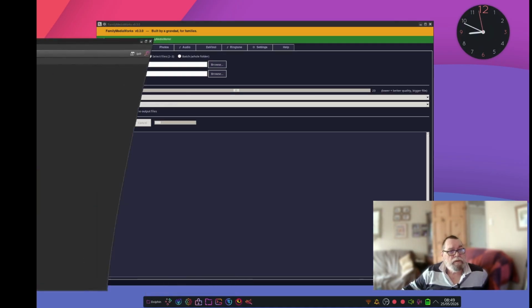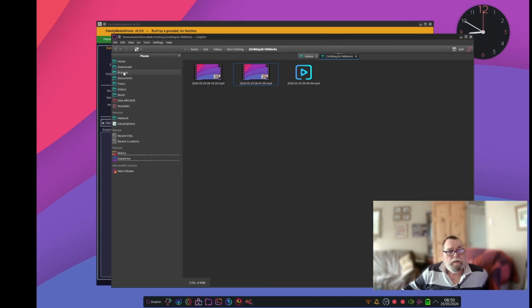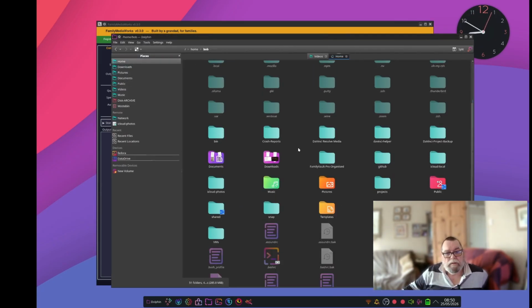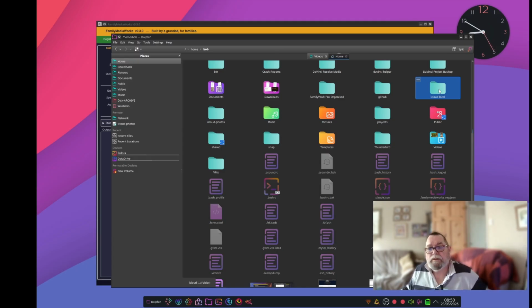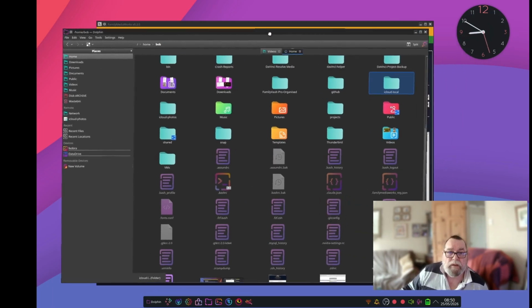I'll show you my... where did I put that? That will be in home with iCloud Local. So we've all got these things. We all send our photographs up to iCloud or store them on iCloud. And when you work with videos and photographs and video footage, it's always difficult because over time you get a lot of